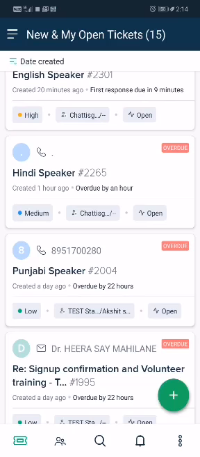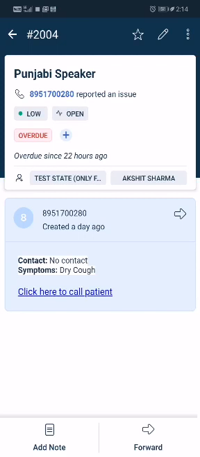After assigning, you can click on the ticket to open it. Once you open the ticket, you can again see my name there, so make sure that the ticket has been assigned to me. After opening this page, you can press this button to call the patient. You will receive a third party call, and the same is true for the patient. He will receive a third party call and the call will be bridged. I'm not going to make the call right now, but you will do it when you test the real patients.